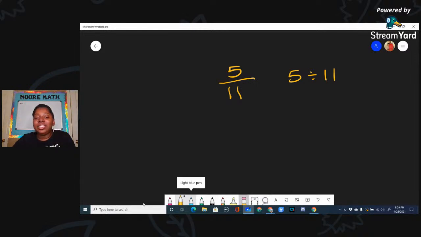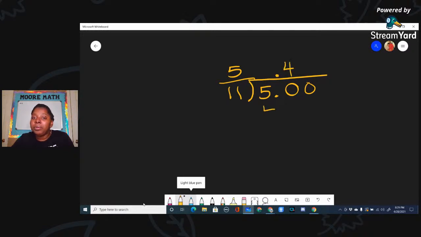Okay, and I like to just write the house right next to the 11, so you always remember that the 11 goes on the outside. So the numerator goes in the house, we make it look like money, put that decimal on top, and divide as normal. Okay, you will get 5, and then 4, or maybe the 5 should be